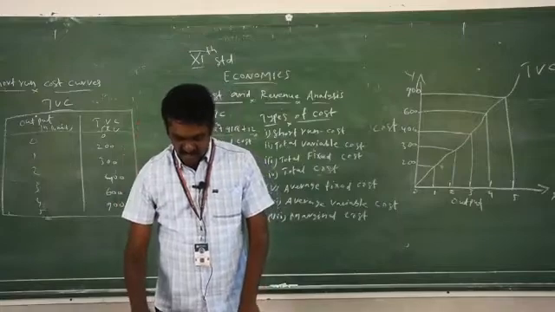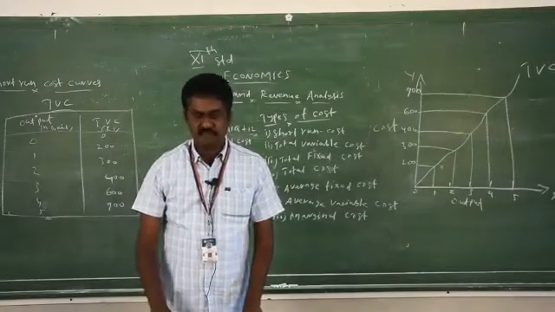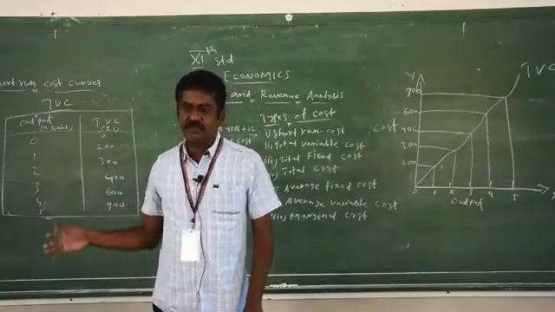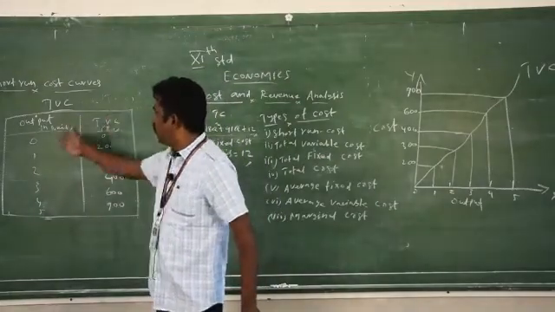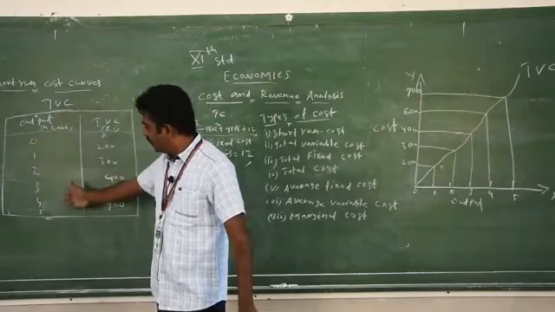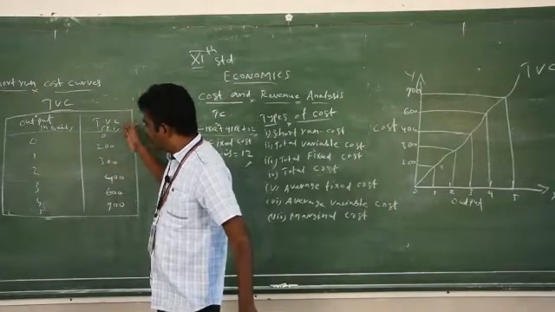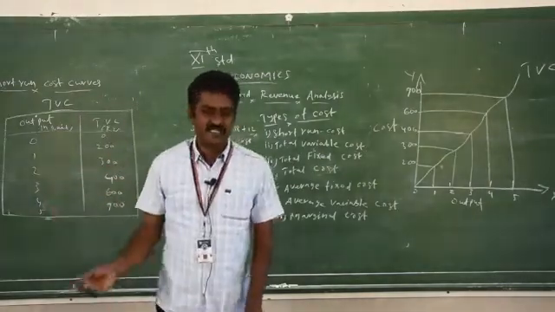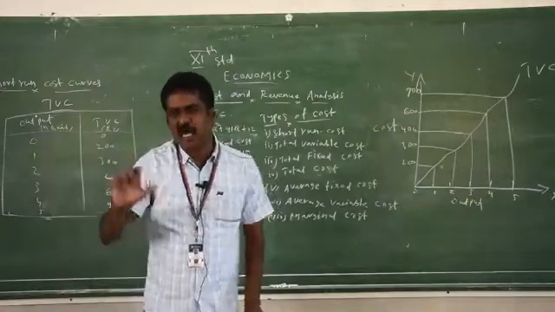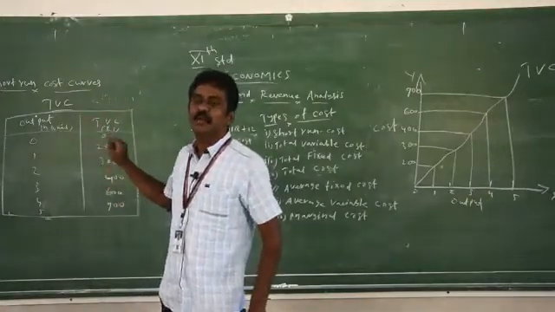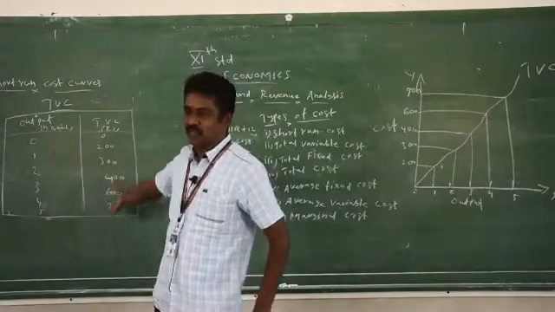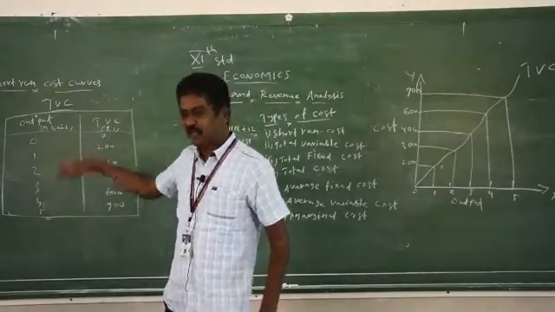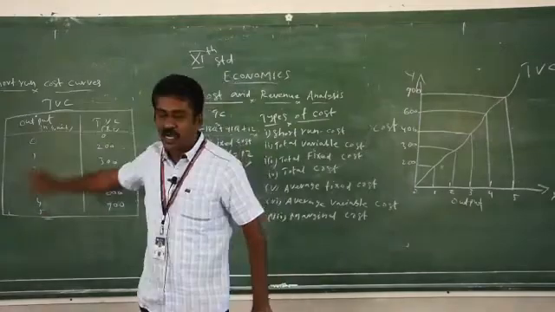It is a fixed cost. I have explained total fixed cost. Now the class is the short run total variable cost. Even though the units differ, the variable cost also differs. Total fixed cost plus total variable cost is equal to total cost. Now I am explaining one by one. The first one, I have explained total fixed cost. Now explaining the total variable cost.